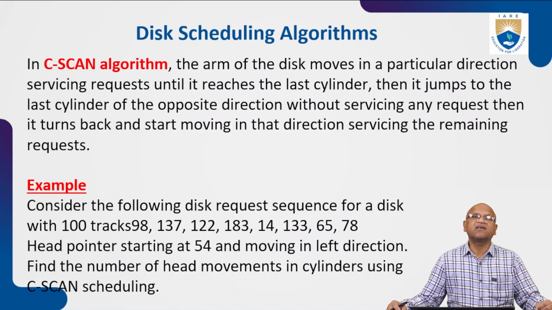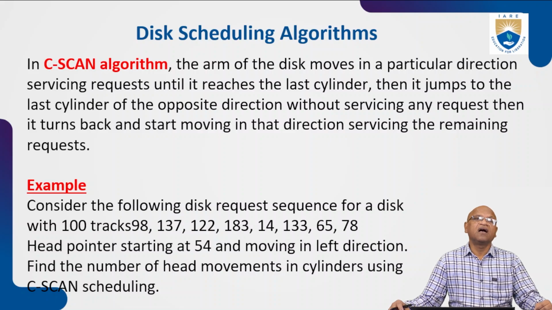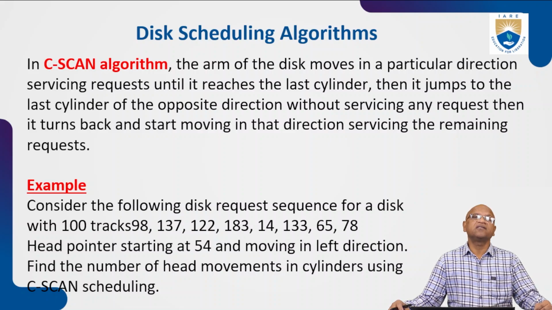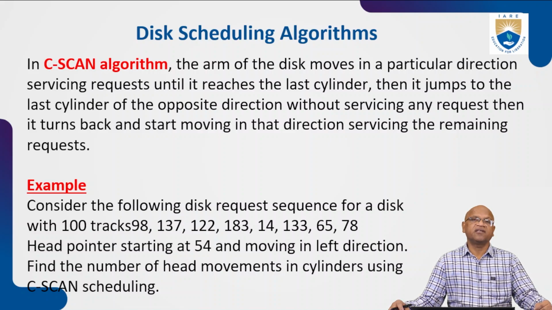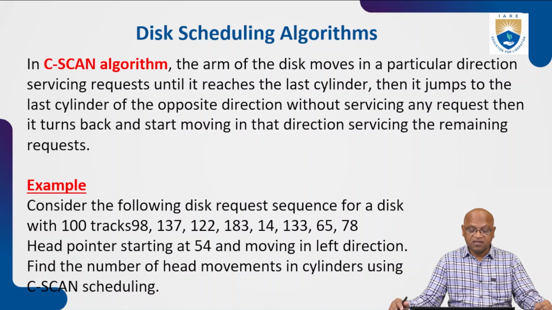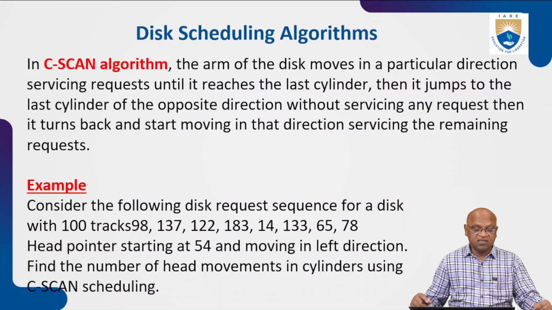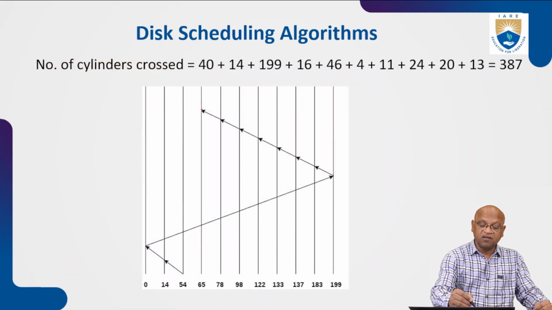Consider the following disk requirement: request sequence for a disk with 100 tracks is 98, 137, 122, 183, 14, 133, 65, 78. The head pointer starts at 54 and moves in the left direction. Find the number of head movements in cylinders using C-SCAN scheduling. So in this one, starting at 54 and